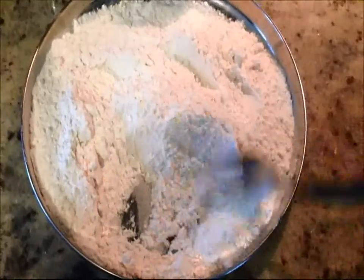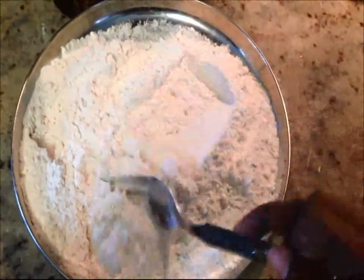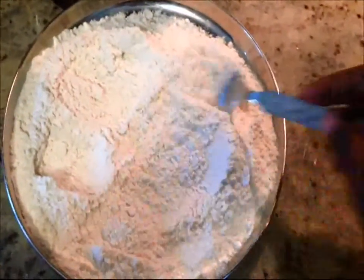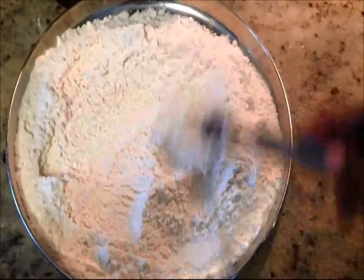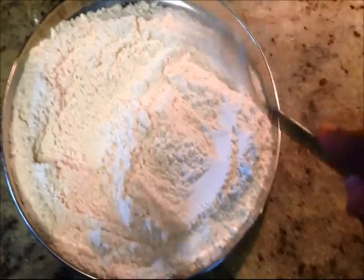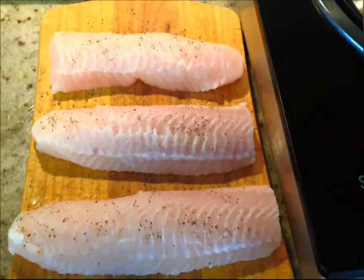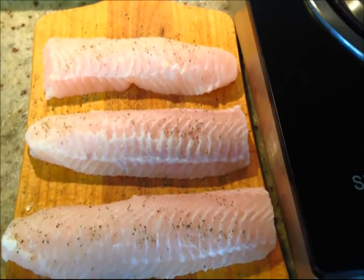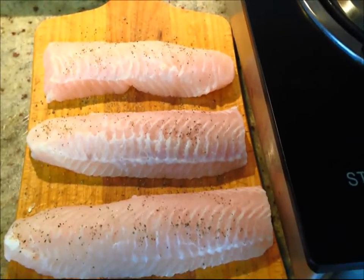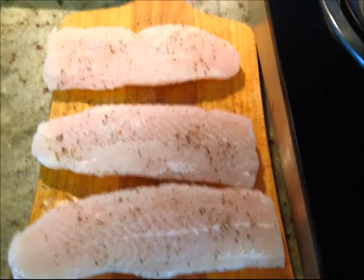And I'm going to mix that all up, so give it a good mix. Even this might be a little too much flour. I definitely don't need this much, but okay. So that's that. Then next, what I did is I just seasoned the fish with just salt and pepper, and this is all done on the one side. I'm now going to flip it over and season it on the other side. So there, both sides are seasoned, and now we're ready to